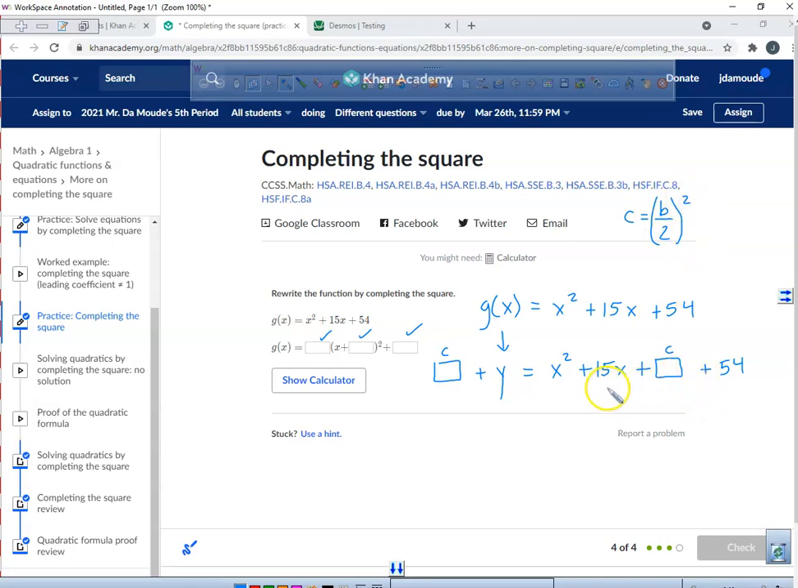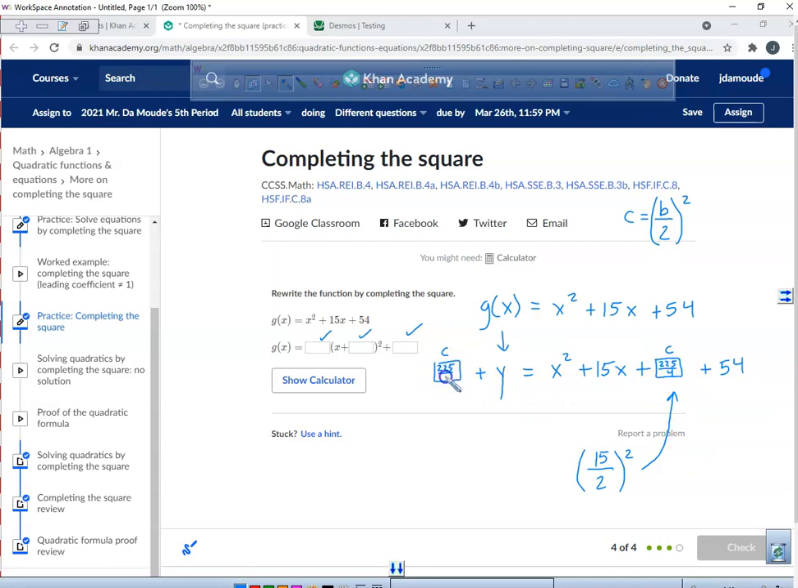So we're going to take this 15 right here. And what are we going to do with that 15? We're going to take half of it, and then we're going to square it, and whatever we get, we're going to put right there. Now, 15 times 15 is 225. So I got to make it really, really tiny. 225 over 2 times 2 is 4. Now, whatever I put on one side, I got to put on the other side. So I'm going to put